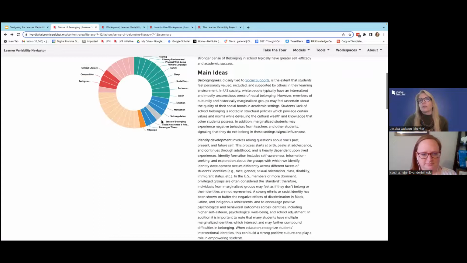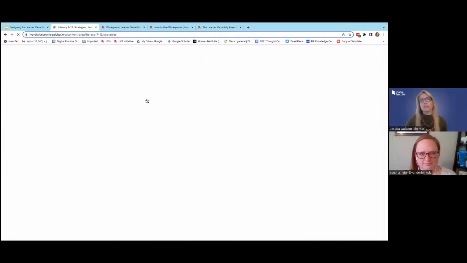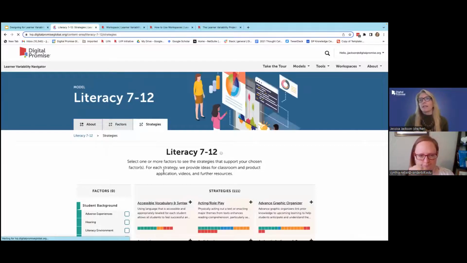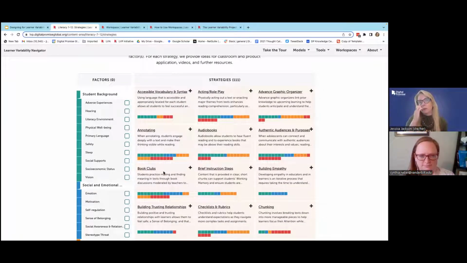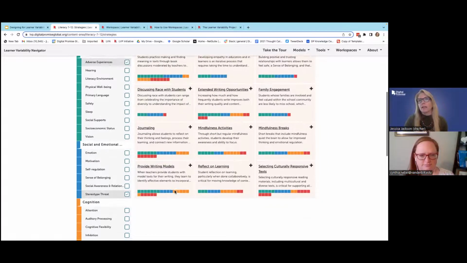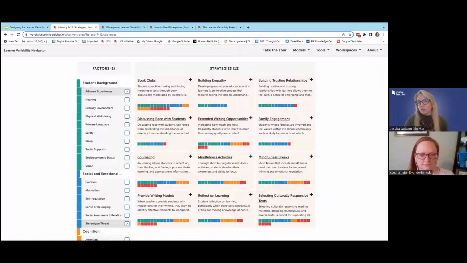And so I'm going to show you one other thing. You can come to our strategies tab, and you can also filter by multiple factors. So if you're interested in factors that address adverse experiences, but also stereotype threat, and you can continue to whittle down, it's going to show you only the strategies that address both